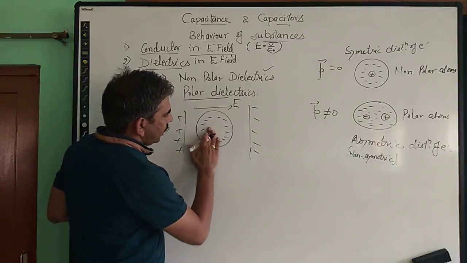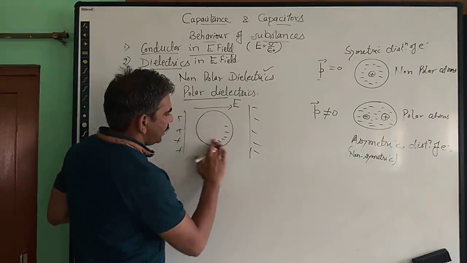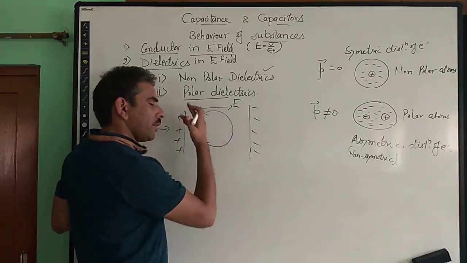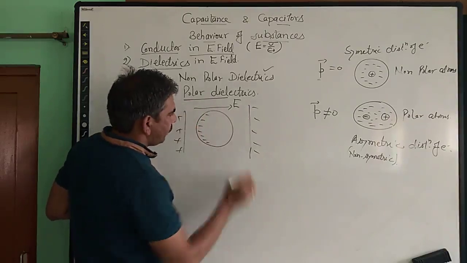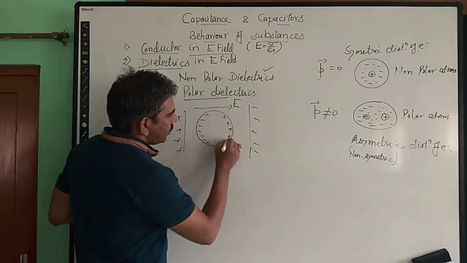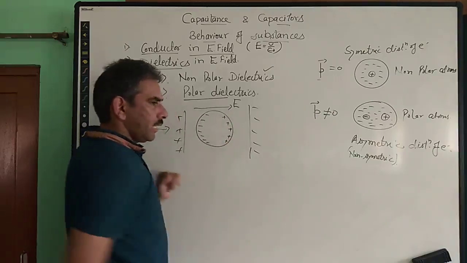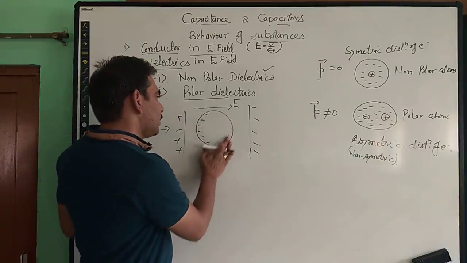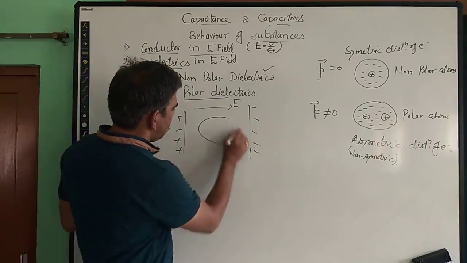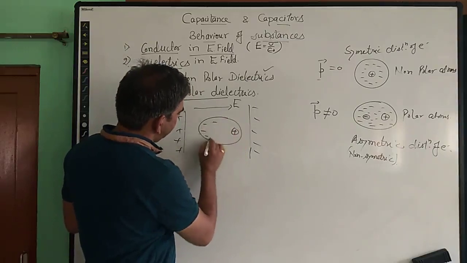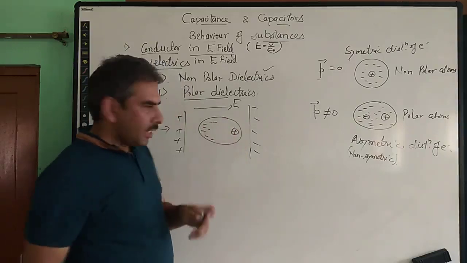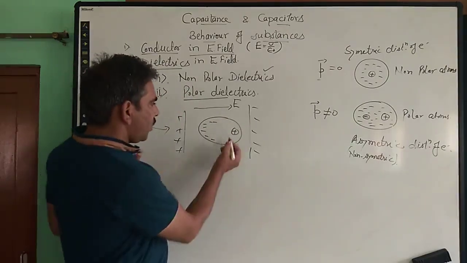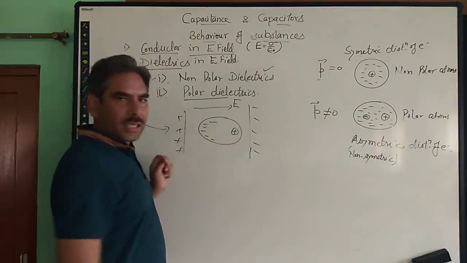So all the negative charges will be pulled towards the end which is close to the positive plate, or we can say negative charge electrons are pulled opposite to the applied electric field, and positive charges appear on the other side of the atom. Not in this manner, but they just get separated. I can say the atom no more remains symmetric, it just gets separated, just like that.